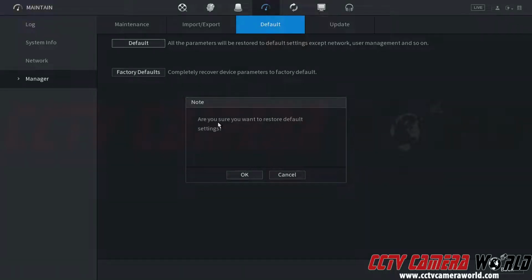Regardless of which one you click, you will be asked to confirm if you want to restore the default settings or if you want to perform a factory default. A regular default will default mostly all of your settings except for the network IP address settings, the admin user password, and a few other critical system settings like recovery email and recovery questions. A factory default will completely erase all of those settings and also require reinitialization after you've factory defaulted